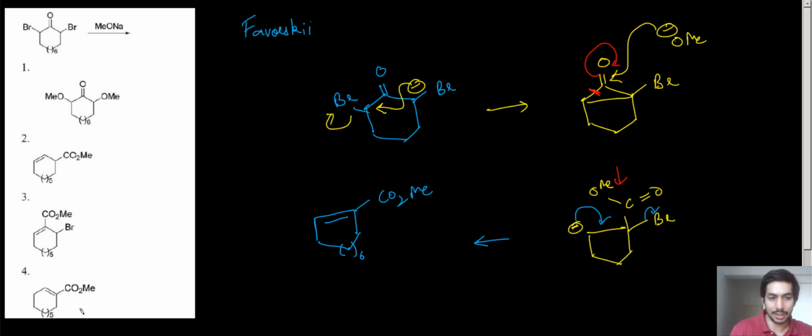They have added one extra carbon and labeled 5 over here and made it a 6-membered ring. Okay, so a 5-membered ring is formed, but since there were 6 carbons in between in the reactant, they have taken one carbon extra, made it a 6-membered ring and labeled it over here 5, right? So that is why in this particular case, this is the correct answer, option number 4.